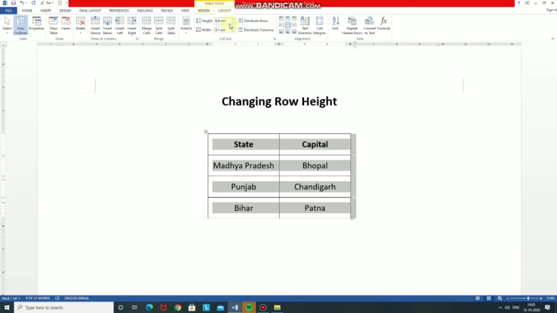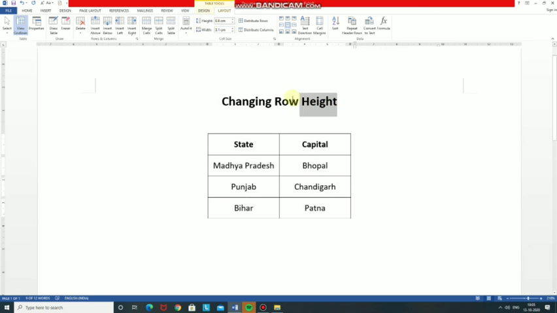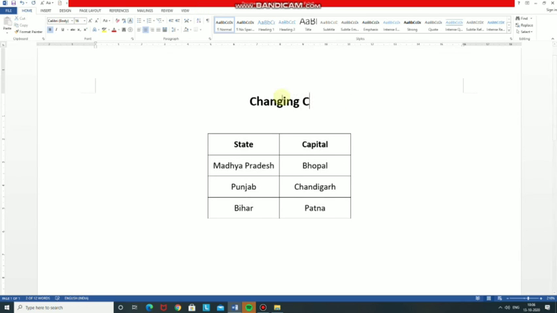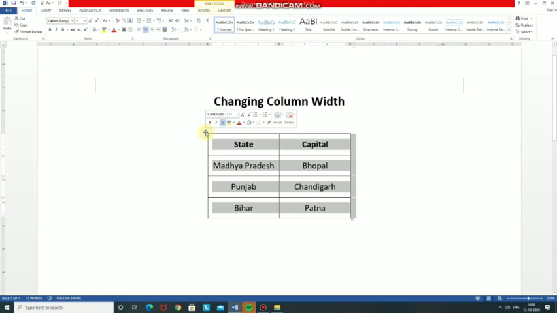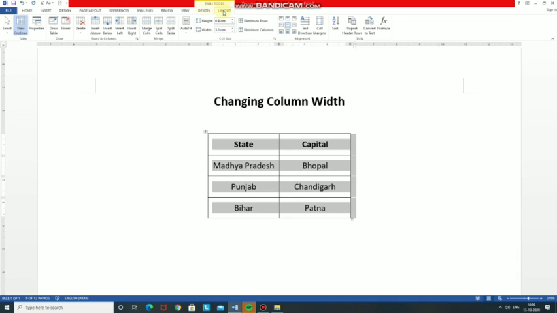Like this, now changing column width. Again select the entire table. Then in the Layout group you can see here the width option.